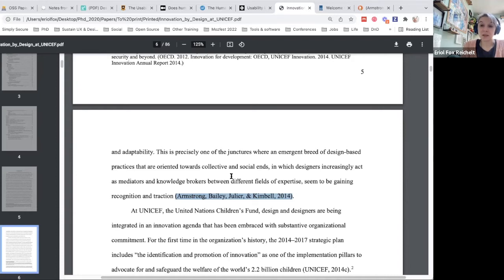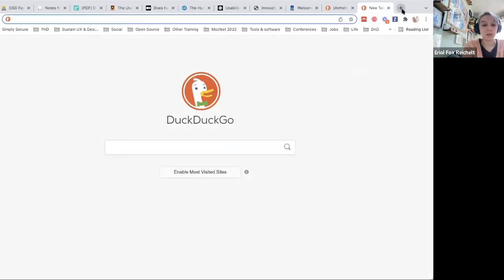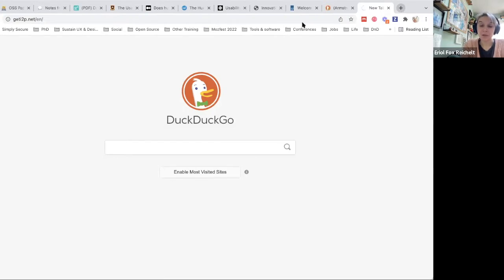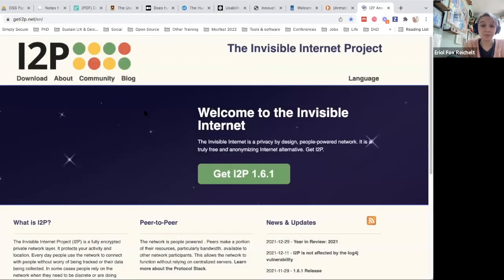So I2P is a private peer-to-peer, I believe, network tool, I2P.net, an anonymous network tool. And they really talked about the critical role that design played in improving a really complex tool, or a really complex process, which is the Invisible Internet Project,